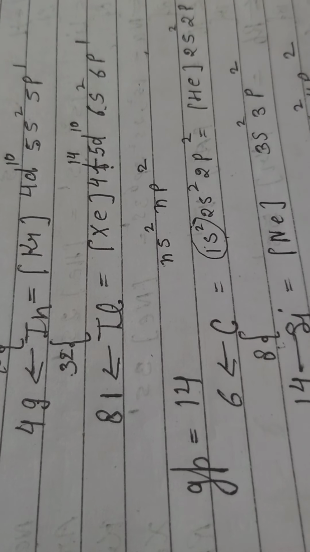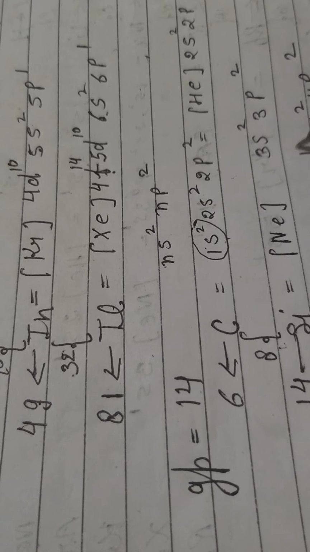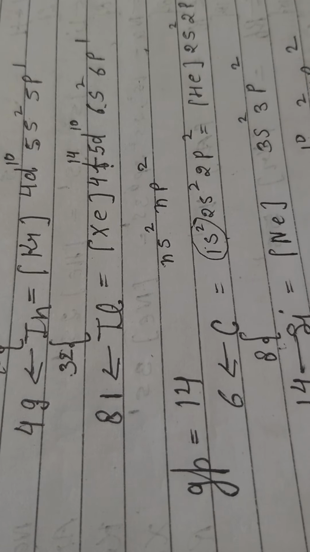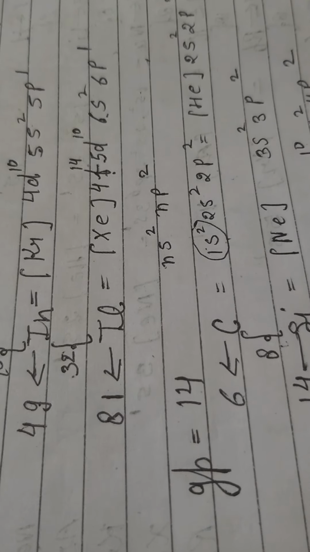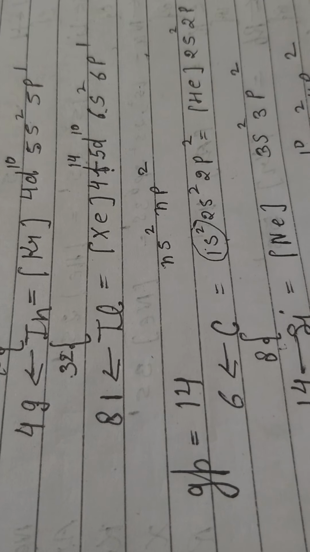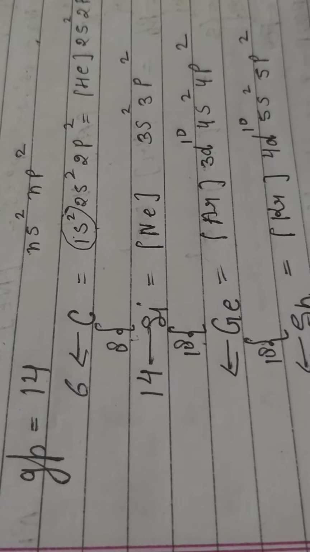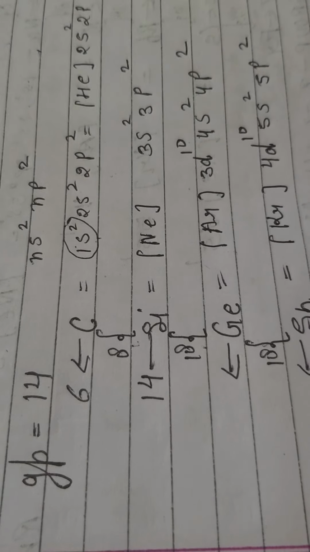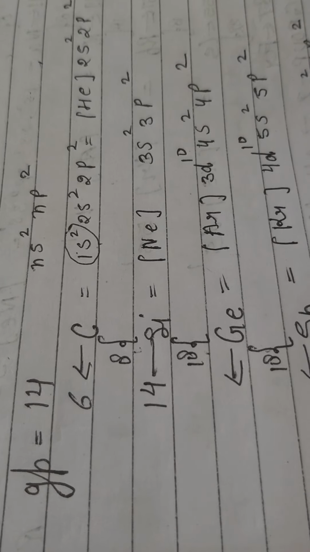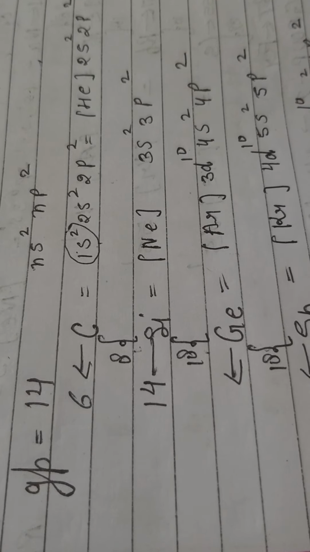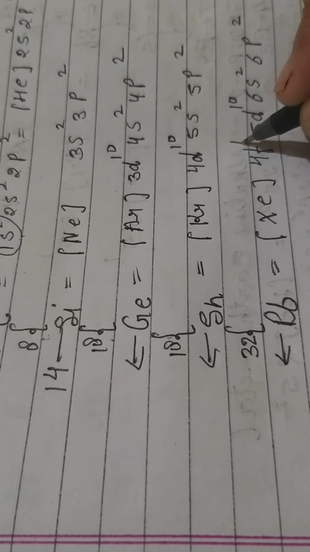But I have just told you that as the fourth period starts, D block also comes. So here what do we have to write? 3d10. Now after argon what comes? Krypton. Now here you have to write 5s2 and 5p2. In the fifth period you also have to write D, so 4d10 is to be written. Now for lead, what will you do after krypton? Xenon is to be written. So now what will you do? 6s2, 6p2, and then you have to write 5d10, but F block will also start, so here you have to write 4f14.